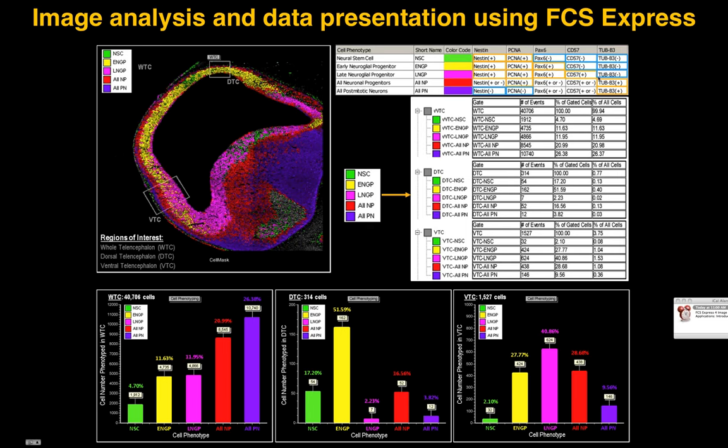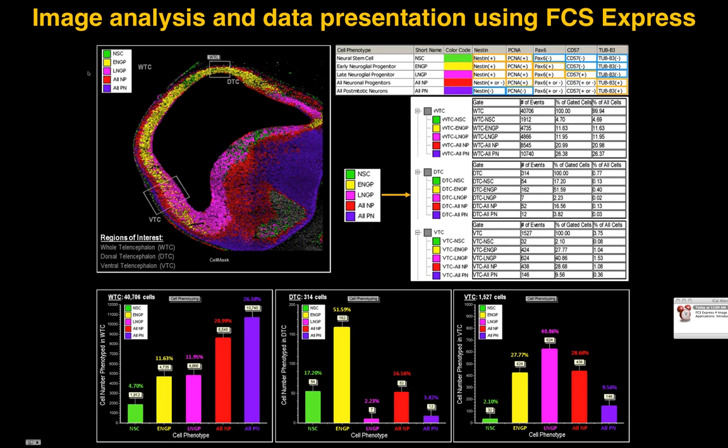But they're still negative for tubulin beta 3, meaning they haven't differentiated into neurons. In this case, we put them in magenta, and you can see them in quite a different, unique pattern here that is sort of intermixed with the neurons and the early progenitors. So, like Sean has mentioned in his presentation, you can do this hierarchical gating, much like in flow cytometry, where you can actually put,